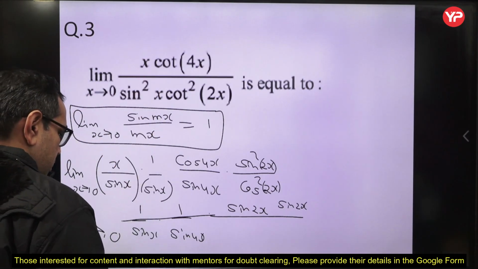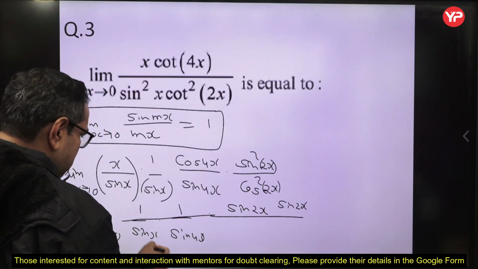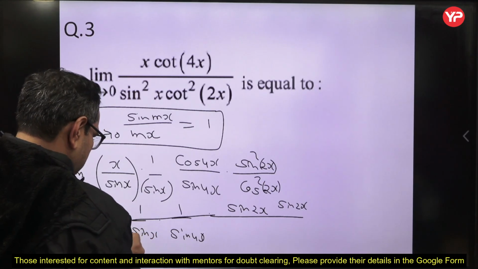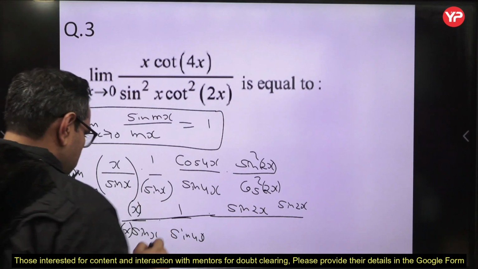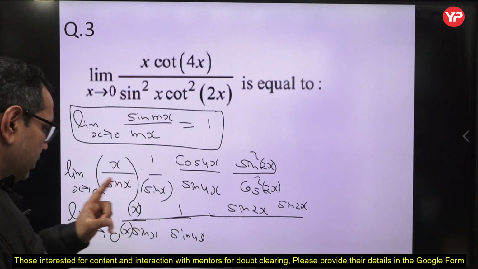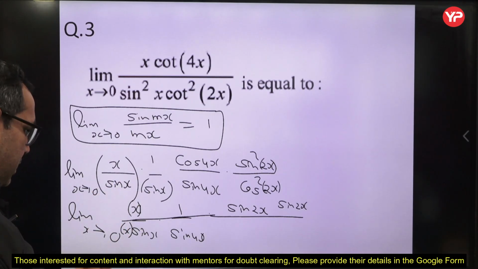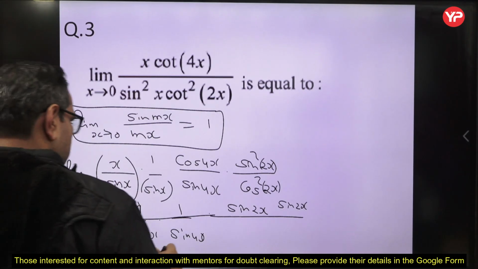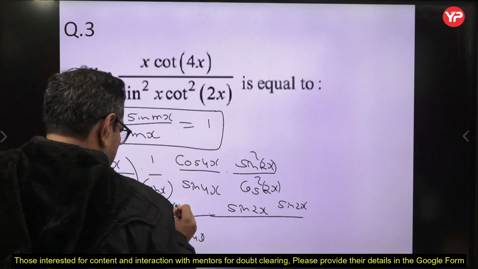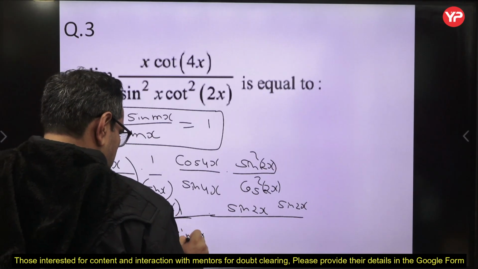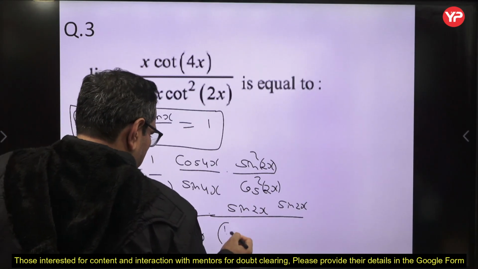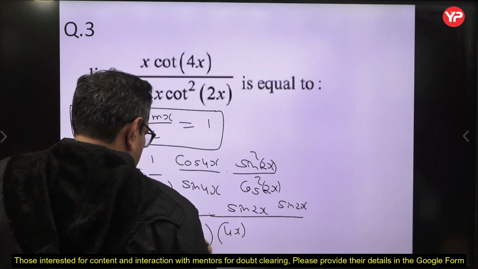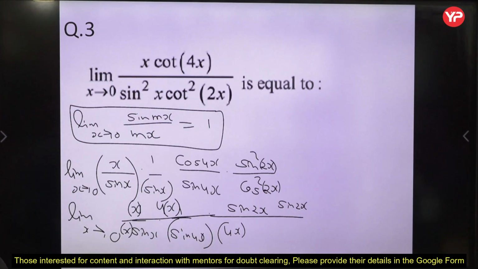So here, suppose I multiply by x here, and here also I multiply with x. So this x upon sin x will become 1. And I have 1x here, right? Now I am multiplying 1x here also. So if I need 4x actually, I am multiplying by 4x here, and I am multiplying 4x here also, right? This one. Clear to all?